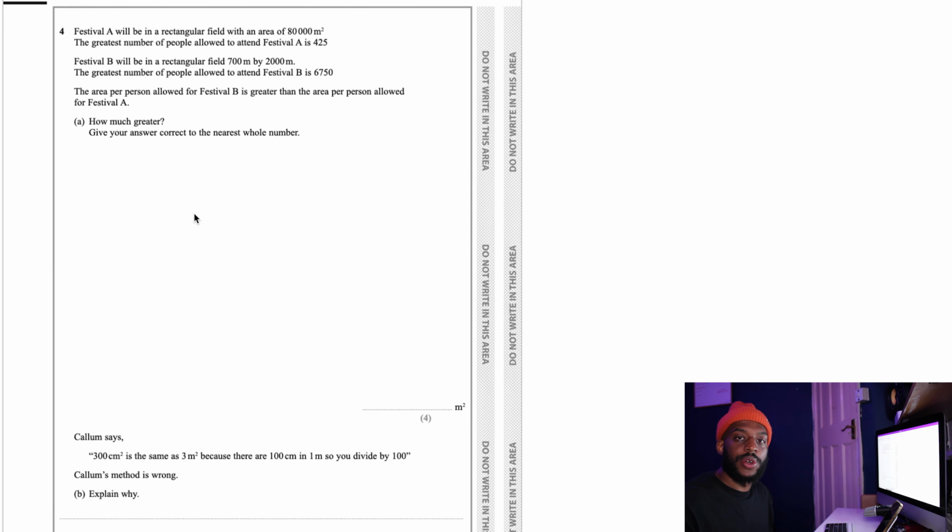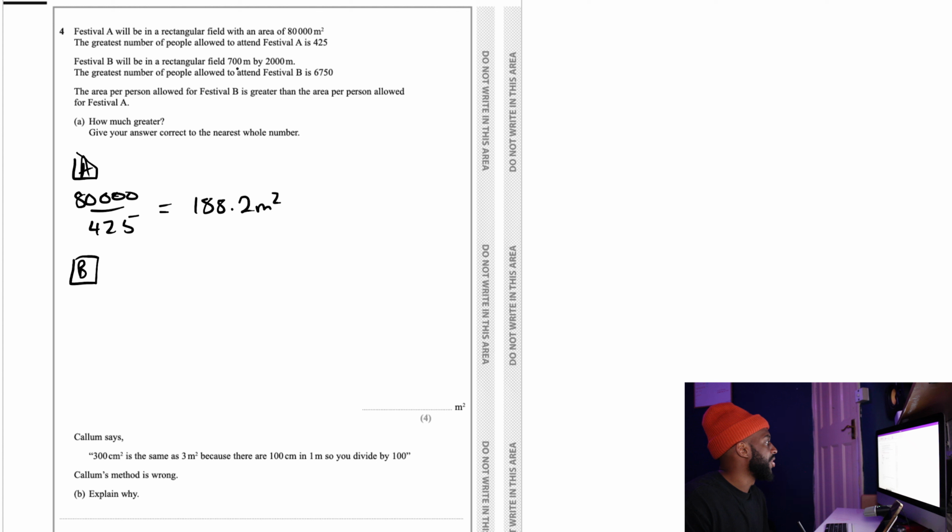Here we have a problem solving question involving area. So here we need to show how much more area per person there is in Festival B than in Festival A. So Festival A, I'm going to do 80,000 divided by 425, and that's going to give me 188.2 meters squared per person. For Festival B, it doesn't give us the area, so we have to work that out by doing 700 times 2,000 and then dividing that by 6,750,